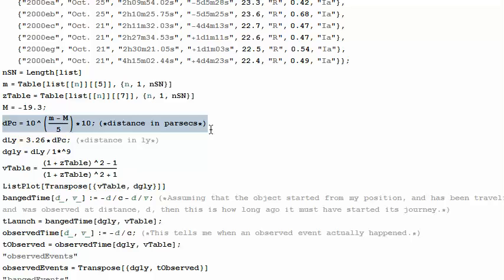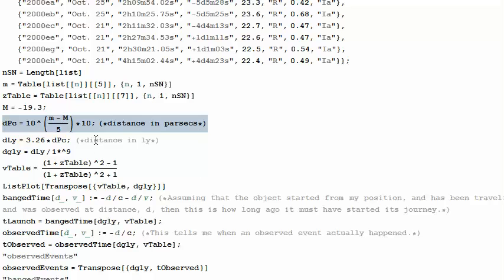The idea is that if a type 1a supernova went off 10 parsecs away, it would show up as a negative 19.3 magnitude object. That's about 1,000 times less bright than the sun is in its current position.